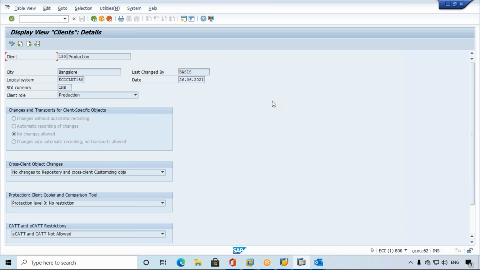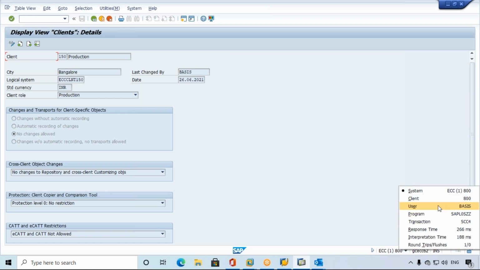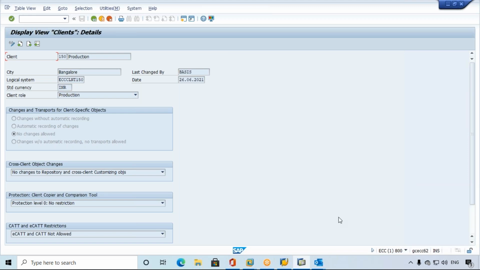Because once we open it in SCC4, that is not accessible by any other person, because the 150 is accessed by the current user. So any other user is not able to open this one. Already we discussed the SU01 activity, right?